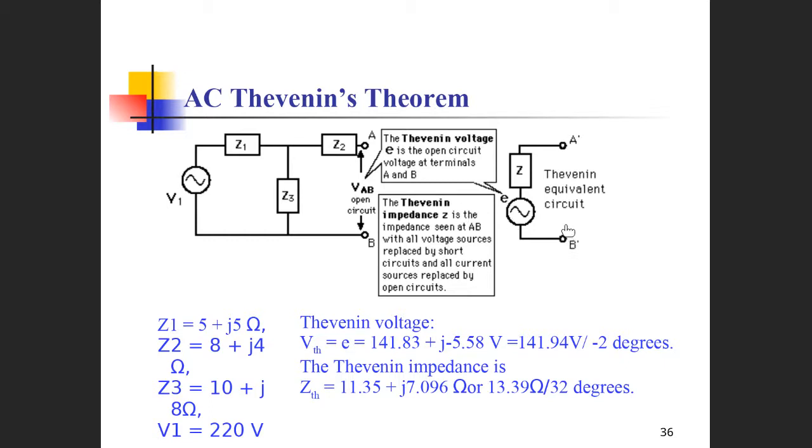We can see that when this circuit AB is open, A prime and B prime is open, so the VAB, and here the VA prime B prime, will be E. When they are open, it will be E. Therefore, for the equivalent circuit,